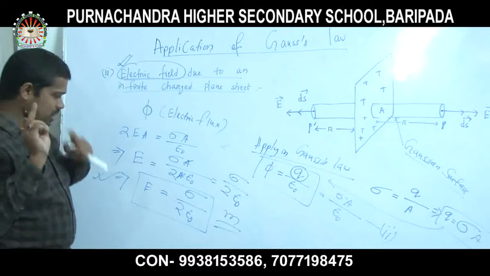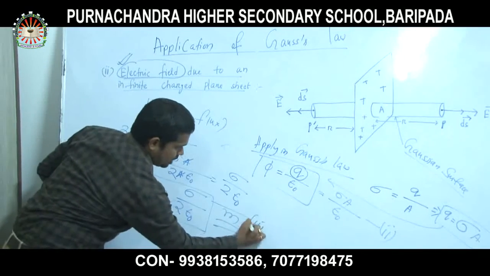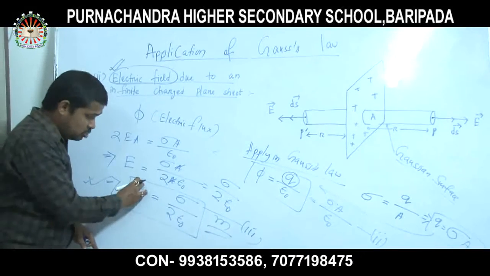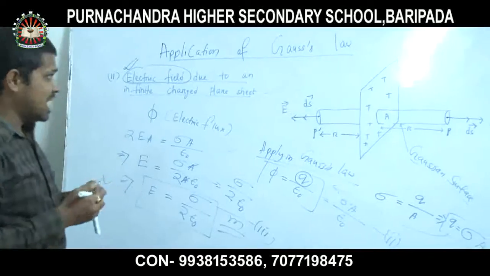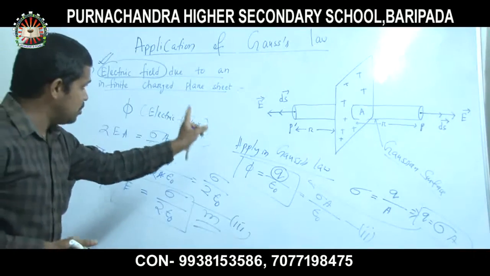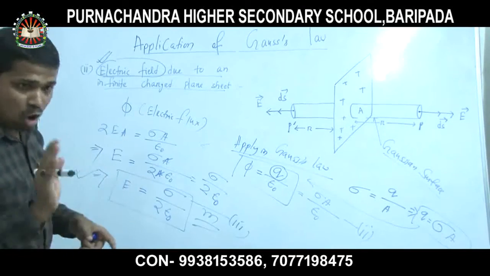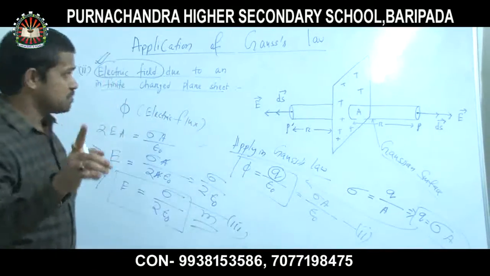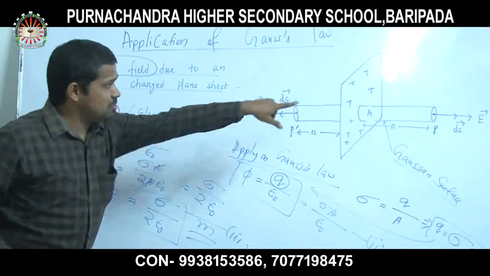Now again one more thing I have to mention here. Suppose I take this as equation number 3. What I have mentioned here is the magnitude. Remember, this is the magnitude value of electric field intensity. If I want to find out the direction, then look at the figure. The direction of electric field, look at both sides, at point P and at point P dash. At both point P and point P dash, the electric field intensity is outward, not inward. Outward. Why? Because the sheet is positively charged. Remember, if the sheet is negatively charged, then this electric field intensity becomes